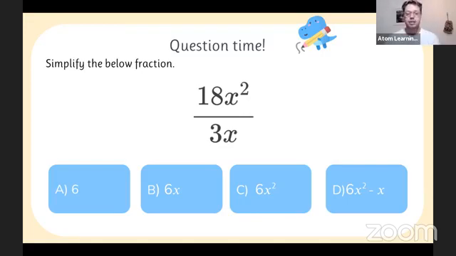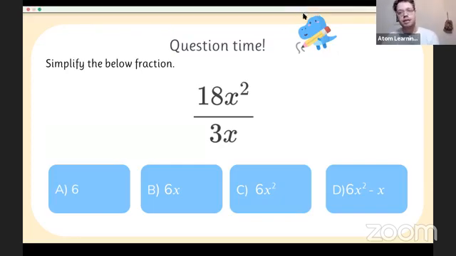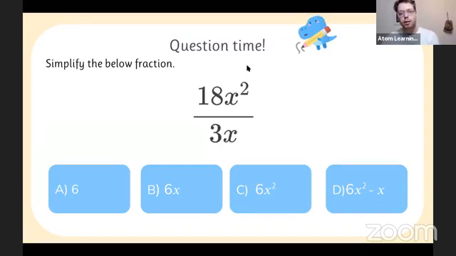A few things that help with this is reminding students that x is just a number. X just equals any number. So if they have no idea what to do with this question, if they don't know how to simplify this fraction, I tell students to pick a value for x. I tell them to pick 2 normally. 1 doesn't always work with this rule, so 2 or 3 is a good one to start. And then I'd say, just pretend x is 2 and sub that into the answer.